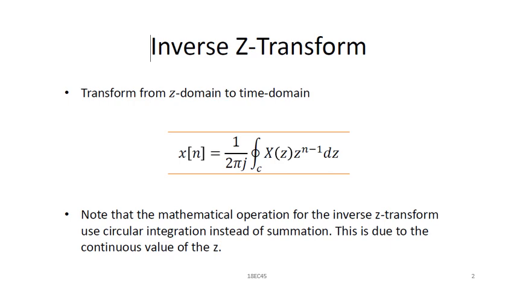But if I use this equation, the calculation of the inverse Z transform of any signal is difficult. So there are some other methods we'll use to obtain the inverse Z transform. The first is directly looking at the table, and based on the ROC we'll obtain the inverse Z transform. The second method is the partial fraction method. We'll bring it to the standard form, then based on different conditions we'll apply the partial fraction method. The last one is the power series or long division method.